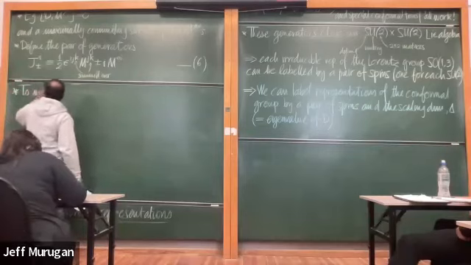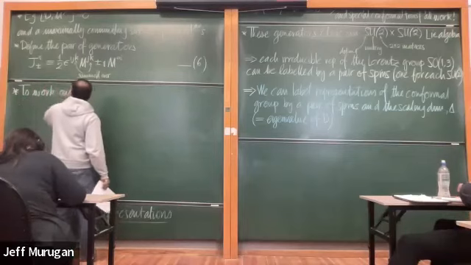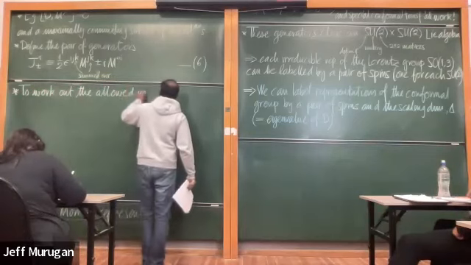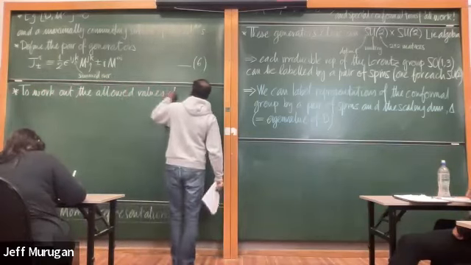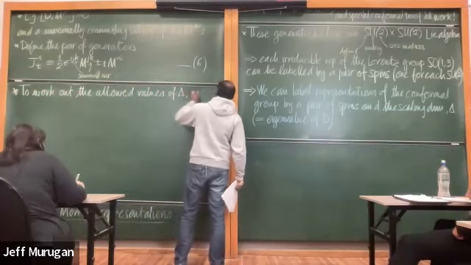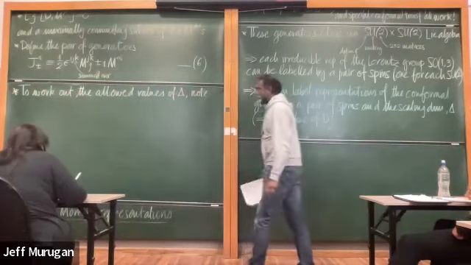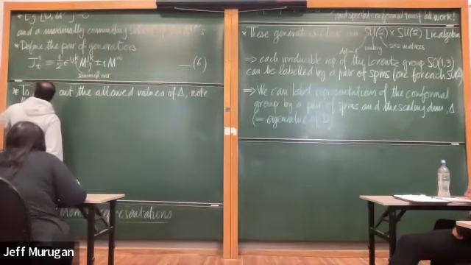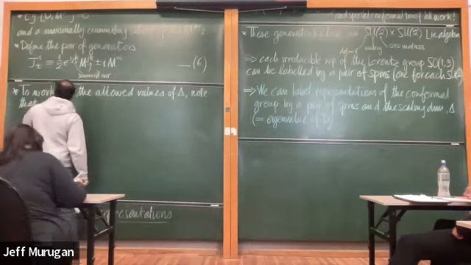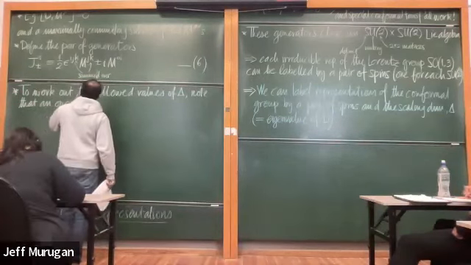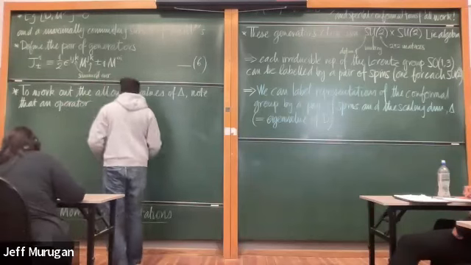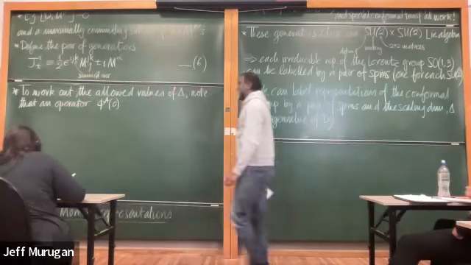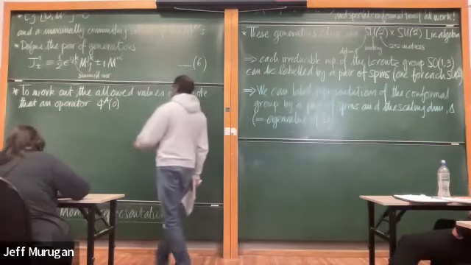To work out the allowed values of delta, we have the following. An operator phi, and again, I need only tell you what happens at the origin. So an operator phi at origin has scaling dimension delta